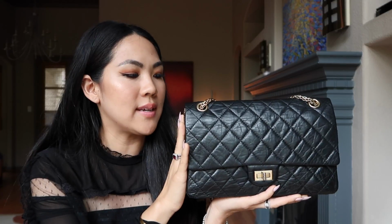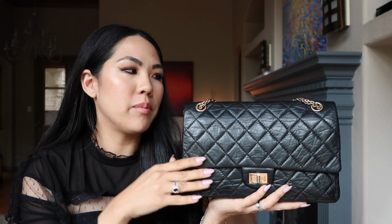It's not a very popular bag because of the logo. I think people like to have the big CCs, which I do too, but I really like this because it's very subtle. No one would know this is a Chanel bag unless you're a Chanel lover. And there's a big history. There's just something that brings me back to Coco Chanel. As weird as that sounds, you guys probably know the background behind this bag, so I won't go too much into it, but this is the original design that Coco Chanel designed, or that she wore,